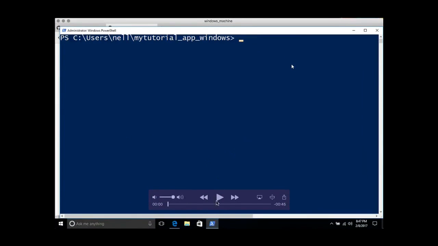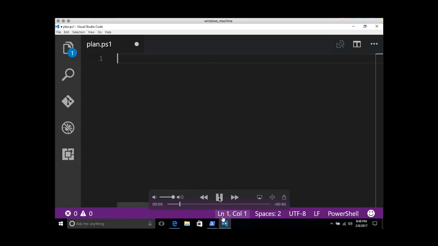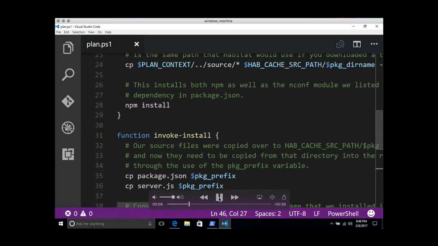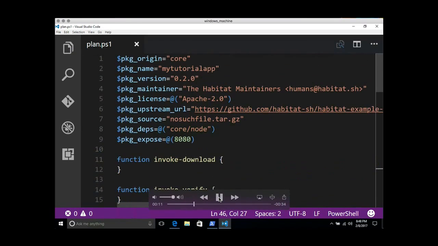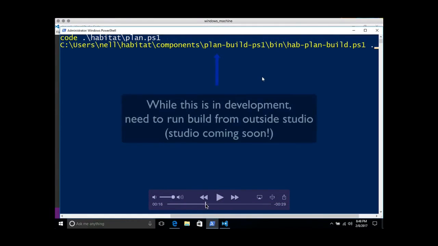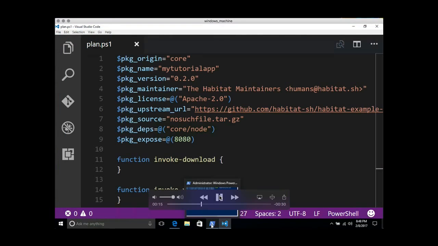All right, here I am on my Windows workstation. And I am going to create a new file, a new plan, but this time the extension is going to be .ps1 because this is a PowerShell plan rather than a Bash plan. And in it, I'm going to put in some content, and this content is largely the same as what was in my Bash plan, but it's translated into PowerShell syntax. So after I save that plan,